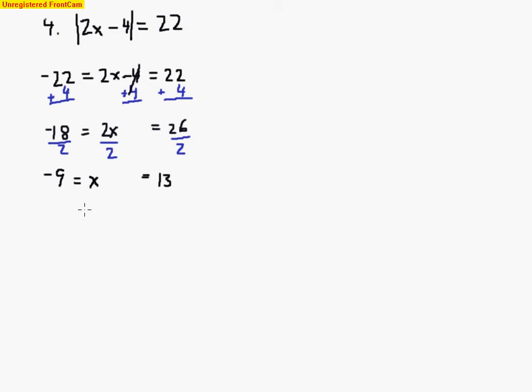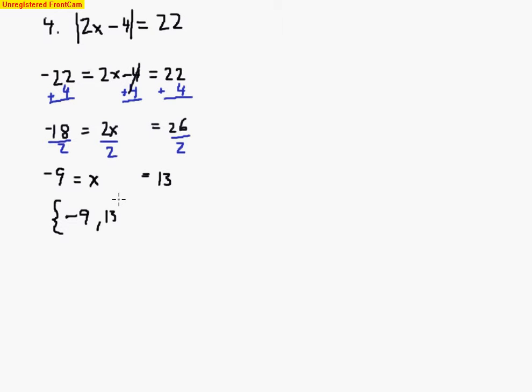So I've got two numbers, and they're not the same, the number and its opposite, anymore. It's two totally different numbers, negative 9 and 13. And then I'll just put some braces around it to show that that's my solution set. Those are the two numbers that make this statement true. Well, we'll add a little bit more to the next problem